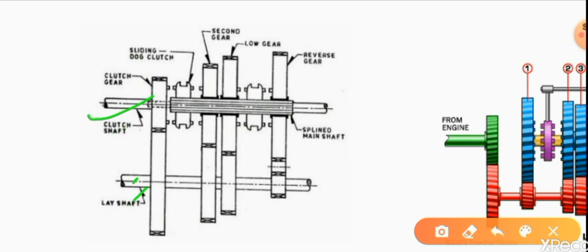This shaft consists of splines. This horizontal line is the splines. The function of the splines is to allow the dog clutch to slide over. Then the dog clutch. The function of the dog clutch is very important here. The dog clutch is used to engage or